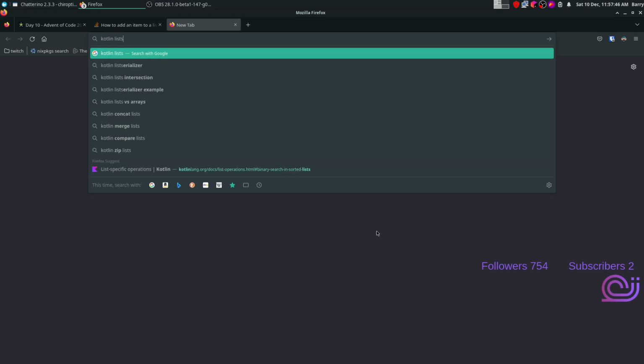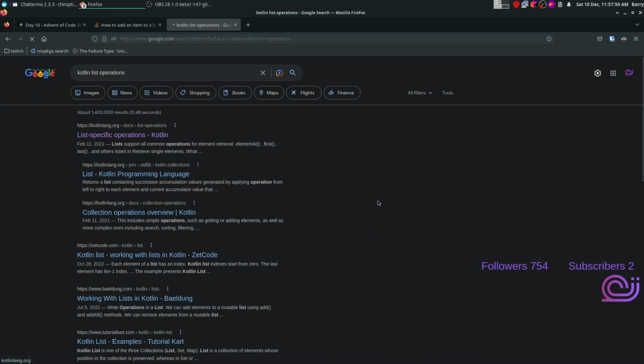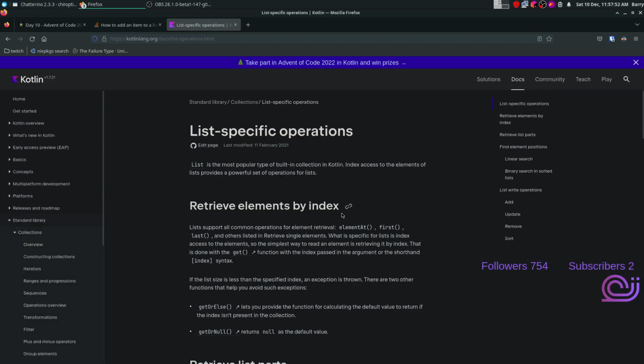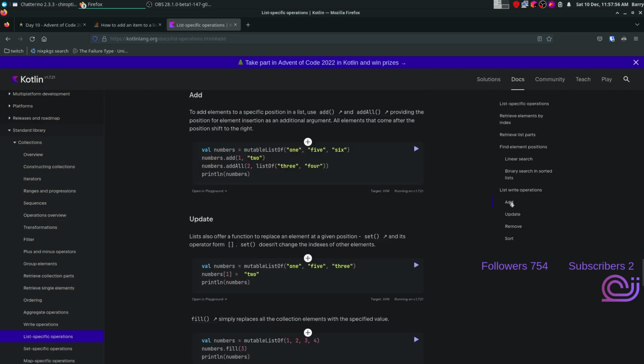Kotlin list operation. Add, but that's a mutable list. I don't want a mutable list. I want a